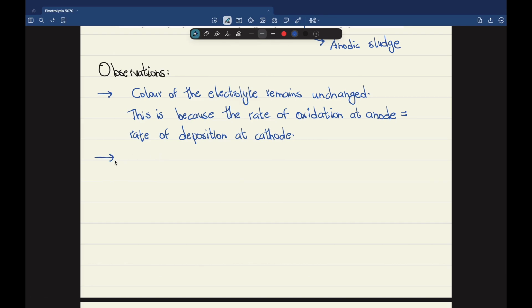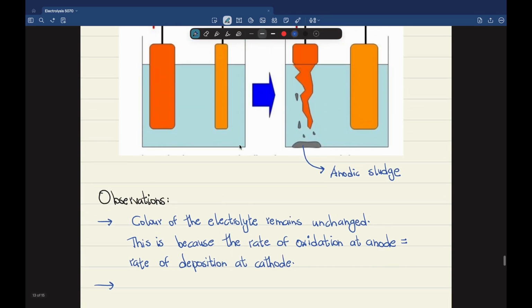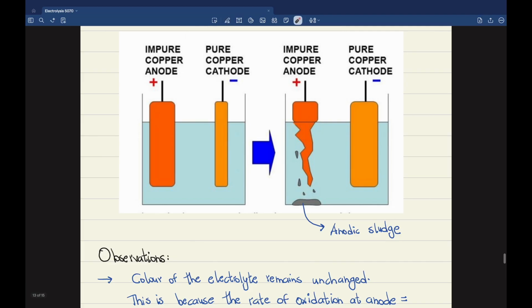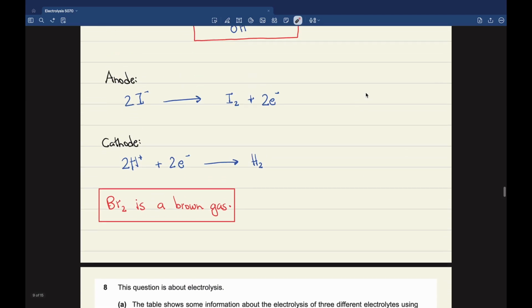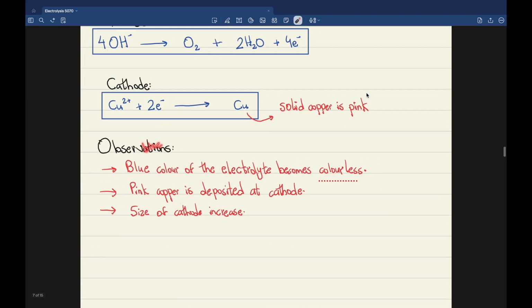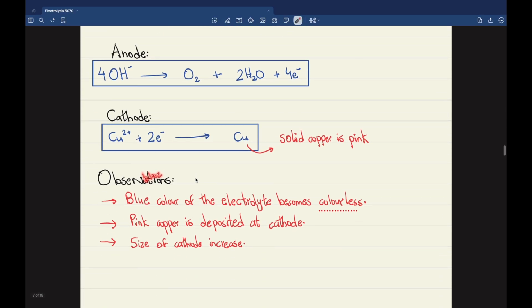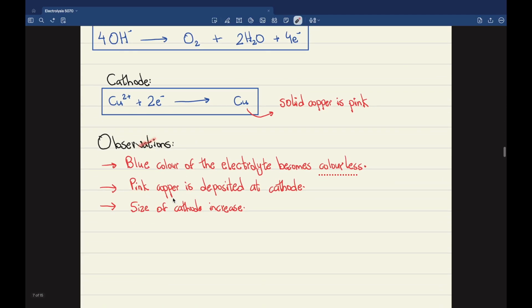That is one of the observations. The second observation that you can clearly see is that the size of the cathode is increasing, right? Here it's very thin, here it's very thick, and this is something that is the same. If you go up and see, this is similar to what was happening here, right? This is similar to what was happening here because the size of the cathode would increase